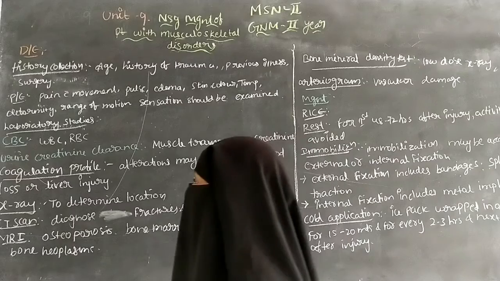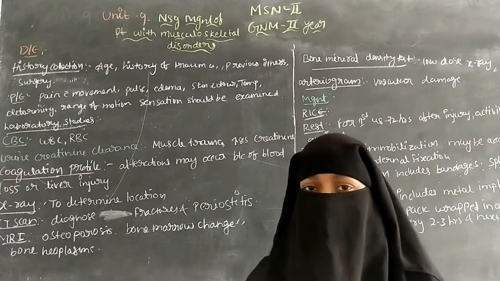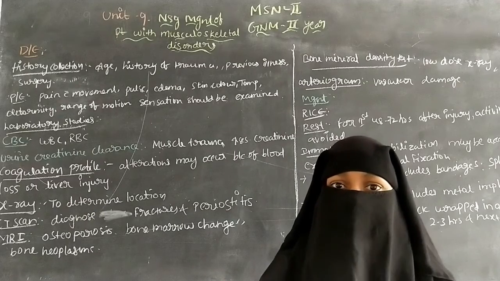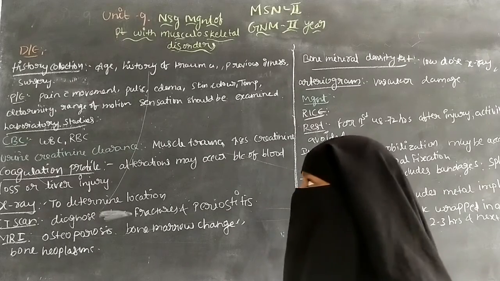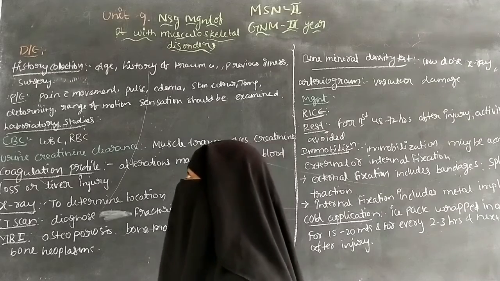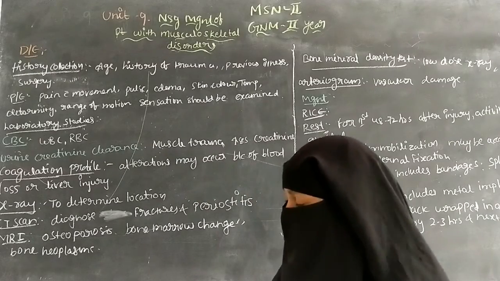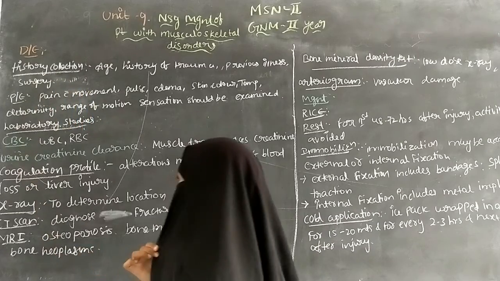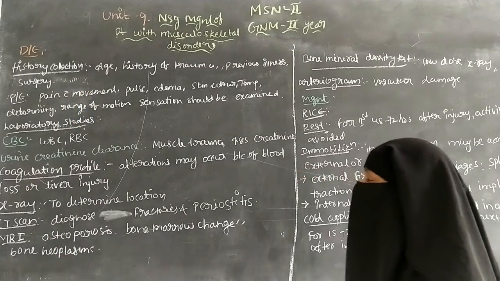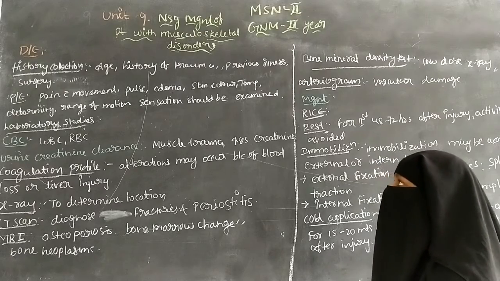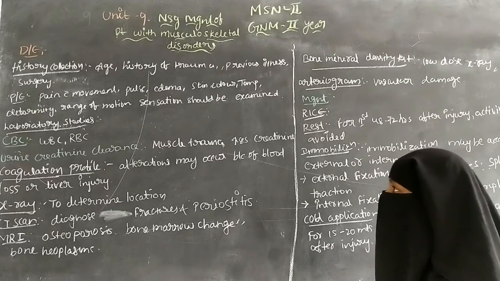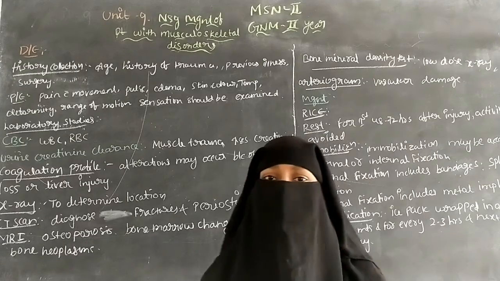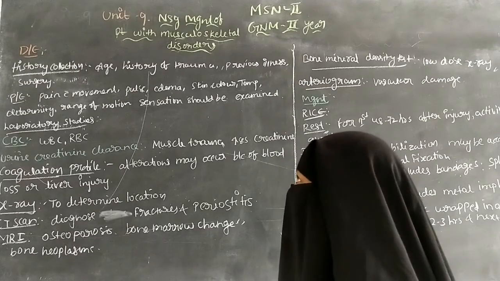It includes the diagnostic findings. In the last class we saw up to the clinical manifestations and the complications, and today we are going to discuss the diagnostic evaluation for fractures of the bone. The diagnostic evaluation includes history collection. History collection includes the age, history of trauma, previous illness and previous surgeries. So the nurse has to collect the history from the patient.